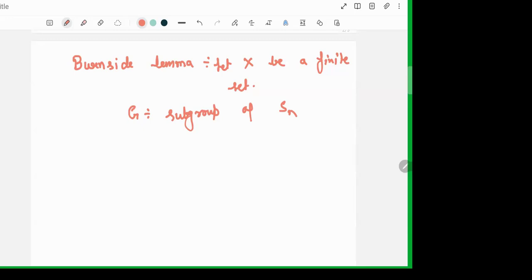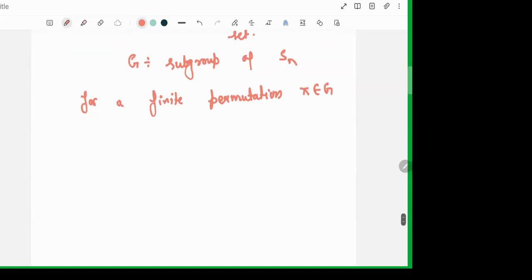No, I have not done group theory. Okay, so I will do this proof. This is easy. Maybe you can see this is obviously right. Okay, I will tell you the proof. G is a subgroup of Sn. In fact, G is any arbitrary group acting on X, you can assume that. For a finite permutation phi belonging to G,